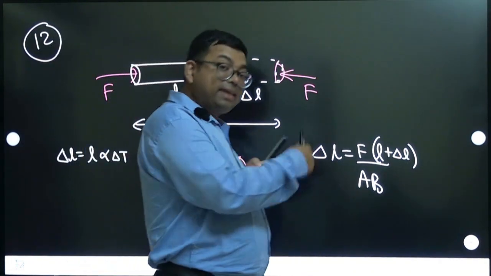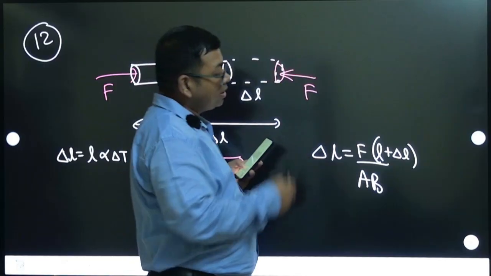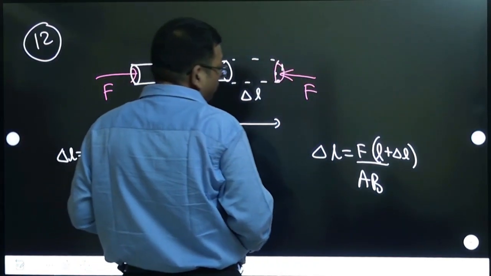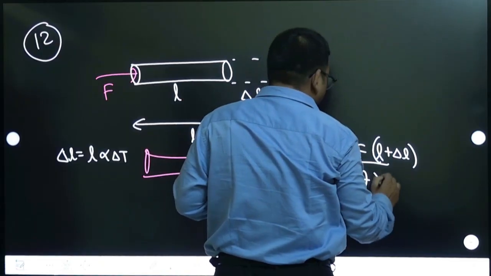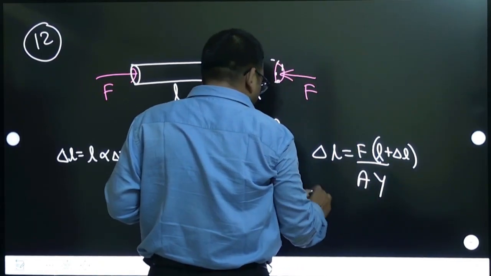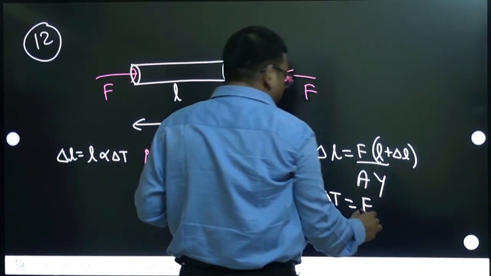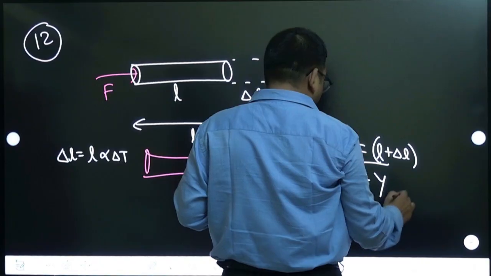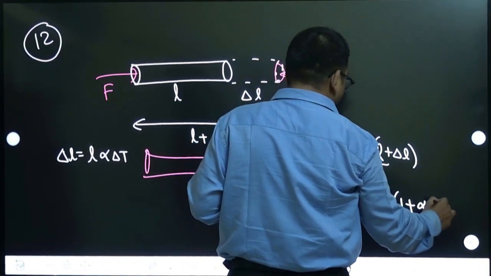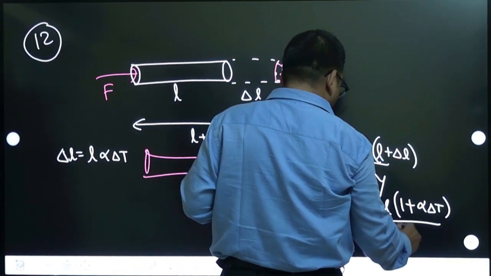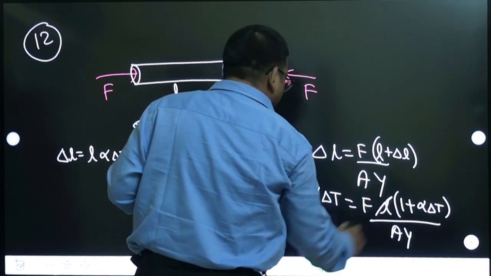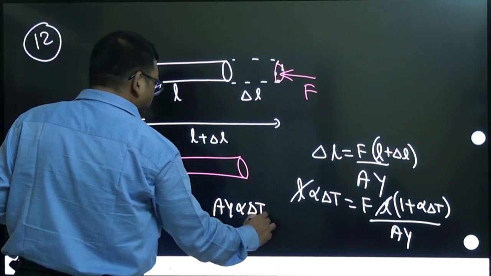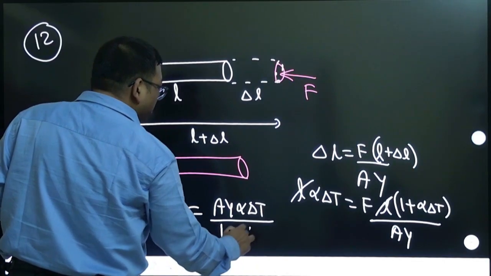So for mechanical compression, you have to take the initial length as L plus delta L. Now you calculate delta L. You can substitute here FL by AY. Sorry, this is FL by AY. So delta L is L alpha delta T, and this is L. Here you can write delta L also. So L can be taken out, 1 plus alpha delta T, right, by AY. So this will get cancelled. So the force they are asking here, force is AY alpha delta T divided by 1 plus alpha delta T, and